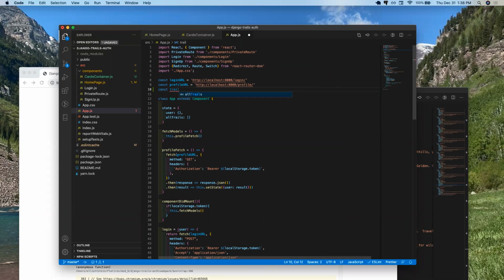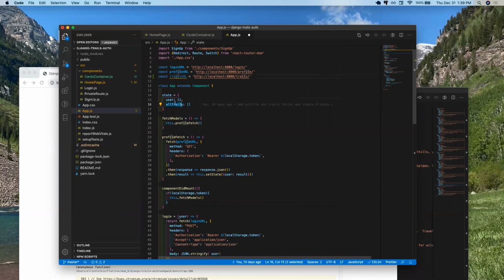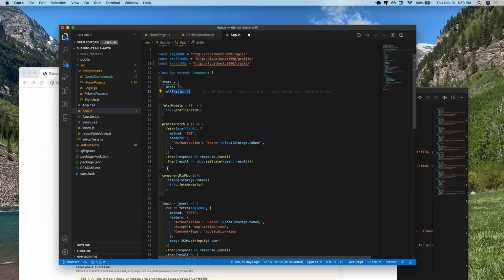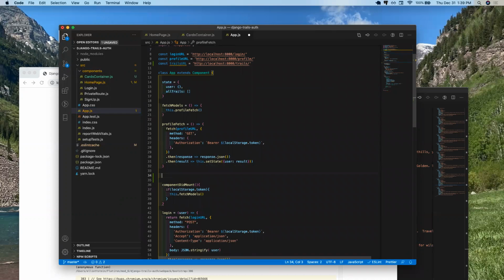endpoint. So const trail URL equals, I'll just copy this down here, /trail, and make sure with Django you have this slash at the end of your endpoint here. And I guess it's trails, so we might as well call it trails like that. And our state is user and all trails. I guess I already set state of all trails as an empty array, but we do need to do a